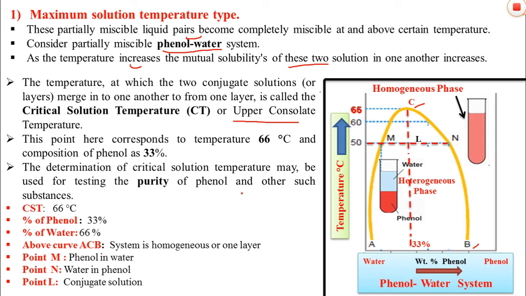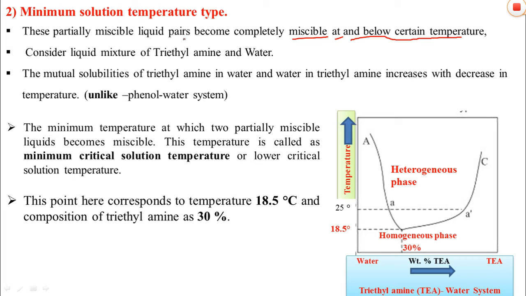The determination of critical solution temperature may be used to test the purity of phenol and other such substances. Our next type is the minimum solution temperature type. In this type, liquid pairs are completely miscible at and below a certain temperature. Therefore, they are called the minimum solution temperature type. For example,